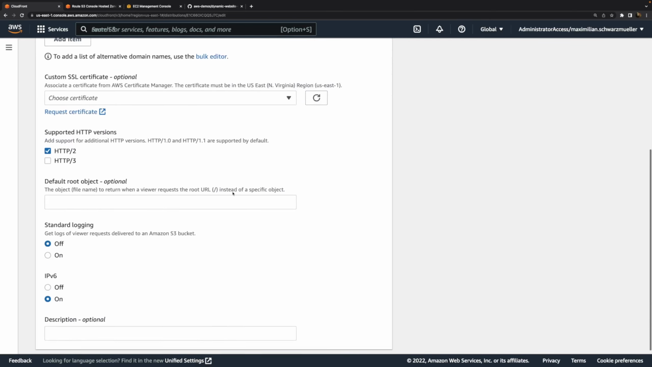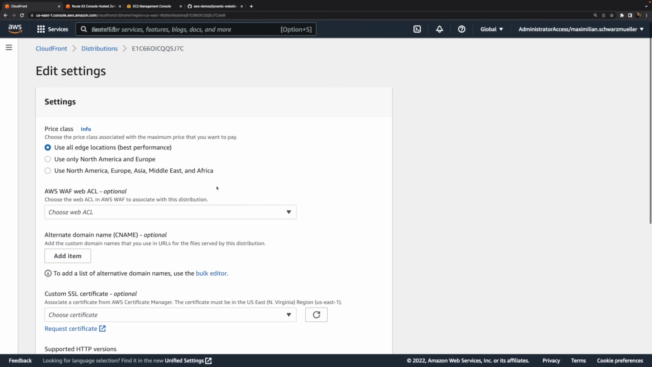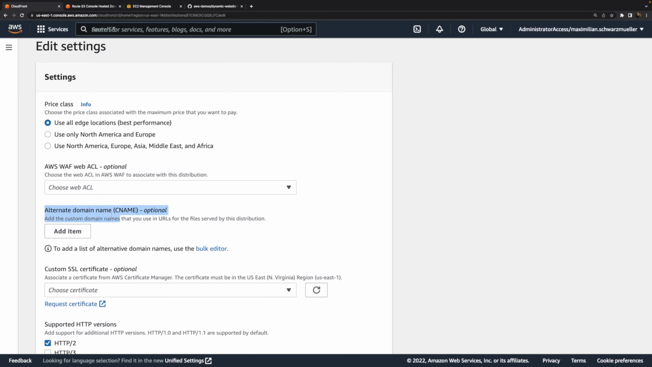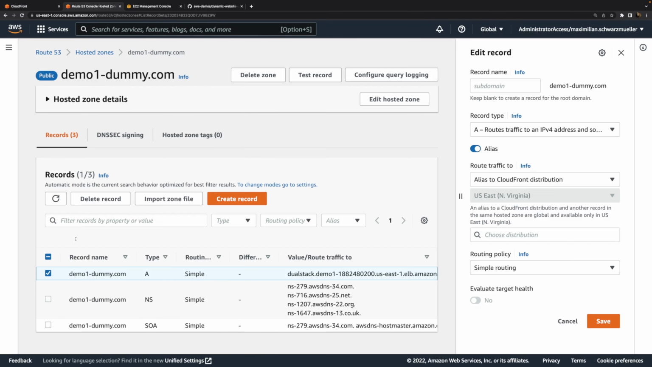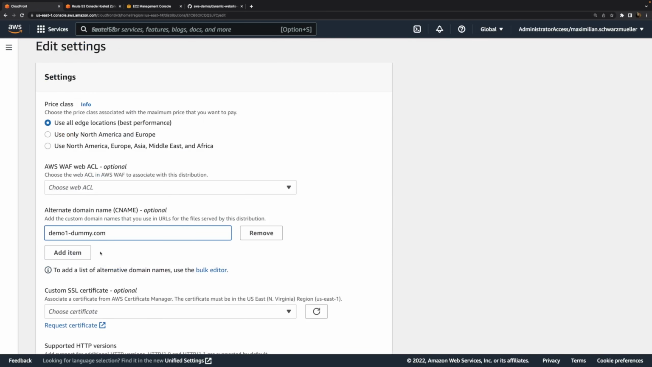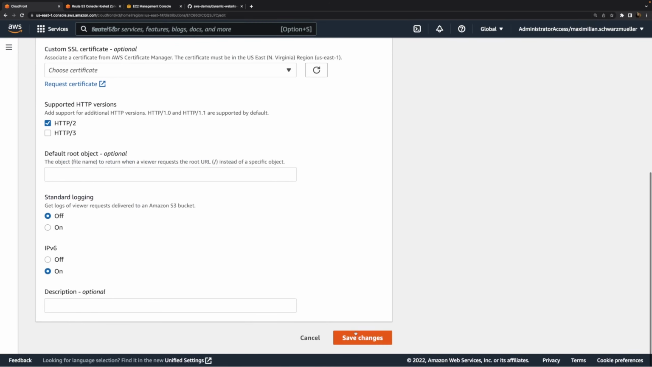And we have to add a so-called CNAME here under alternate domain name. Here we have to enter our domain name, which we plan to connect to this distribution. So in my case, demo1-dummy.com. And only if that is added here, we'll be able to use this CloudFront distribution as a target in Route 53. Now with that added, we can save these